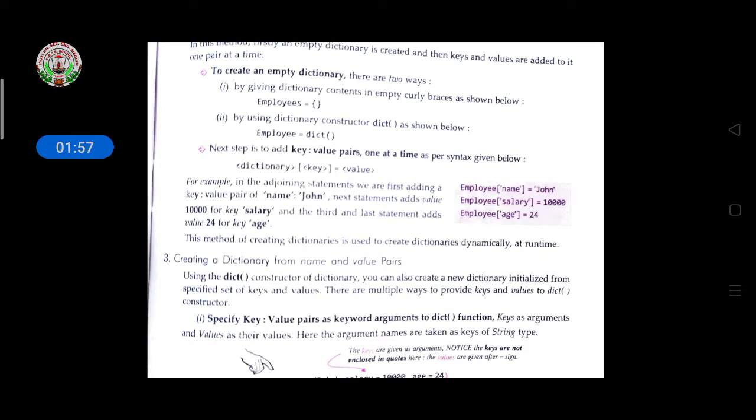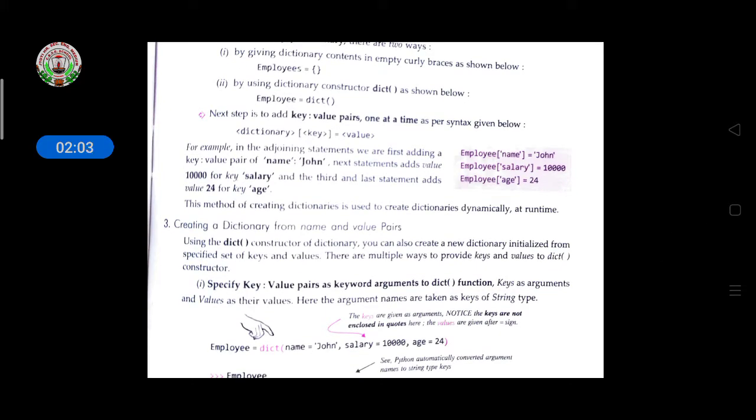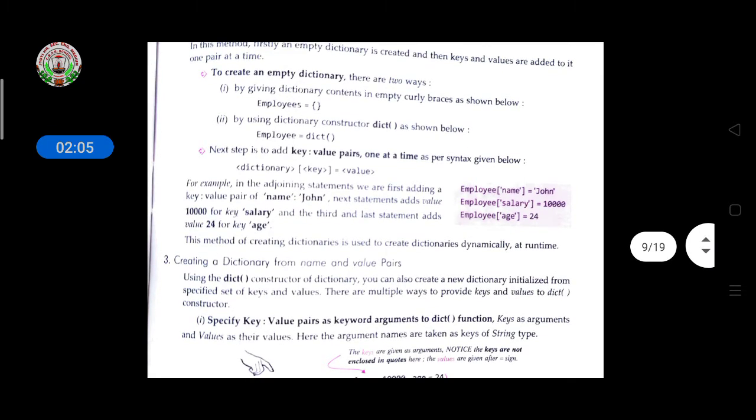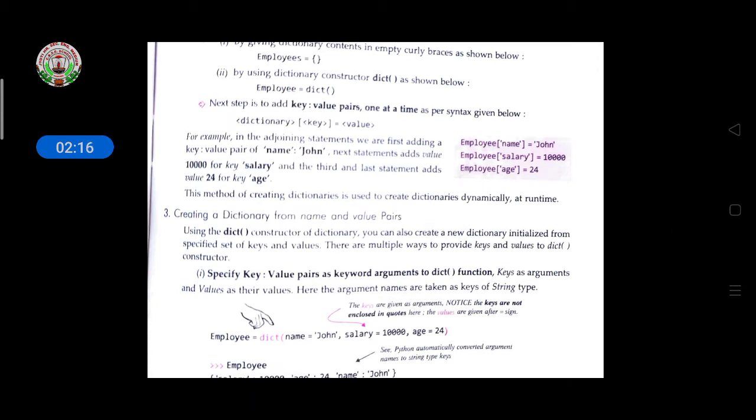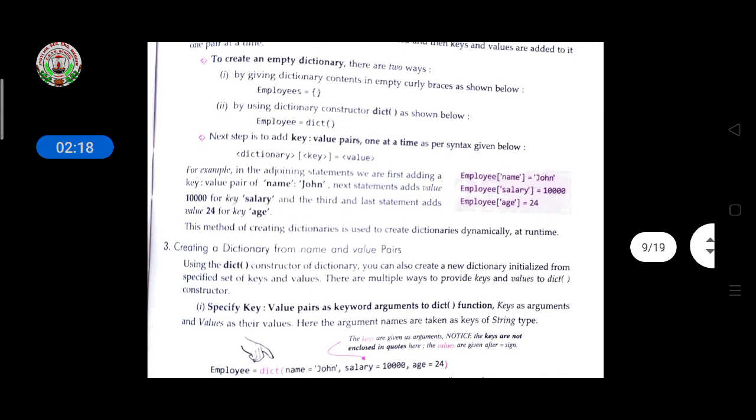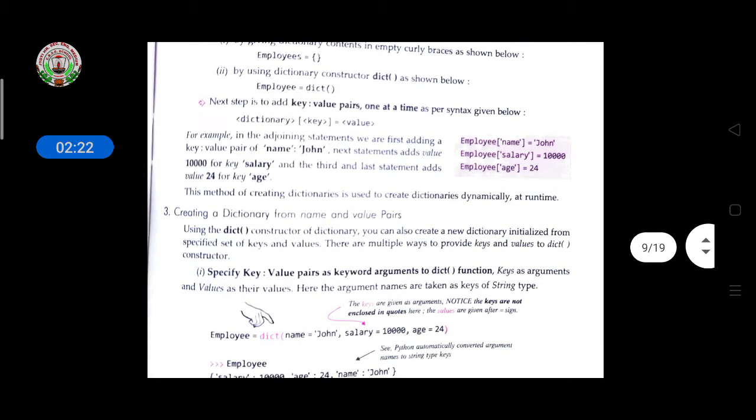Employee equal to curly brackets, with nothing inside. Then by using the dictionary constructor dict function, so here employee is equal to dict and function brackets.